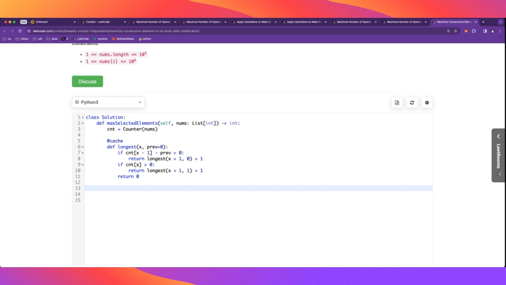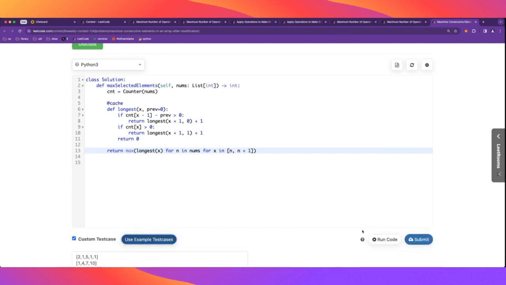And now we have to see where are the starting positions of the sequences. So we don't have to try with all possible values. We only have to try for the numbers in nums, we could start at n for every number, or at n plus 1, right? Because n plus 1 could use an n from the previous value. So these are the only starting points that make sense. Any other starting point won't have any way of covering that value. So here we get the longest from x,